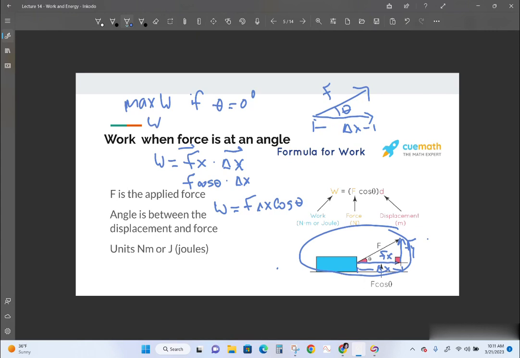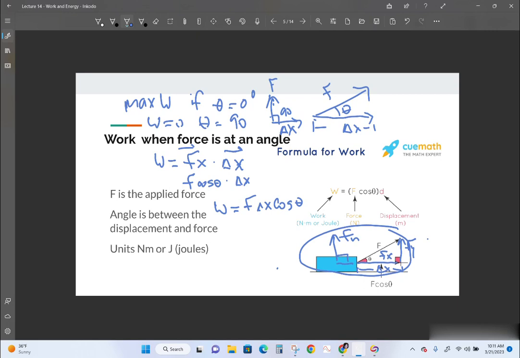But there will be 0 work if theta is 90 degrees, because think about what that means. It means that the force is acting completely up and the displacement is to the right. So that would be 90 degrees, and there would be no X component causing that motion. An example of that would be if I said, how much work is done by the normal force on this box? Well, the normal force is here, and the angle between the normal force and delta x would be 90. So if I put cosine of 90 in there, that would be 0, and there would be no work.